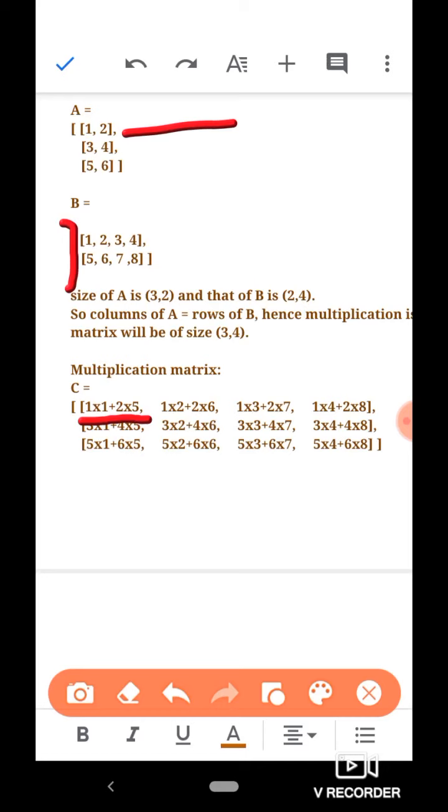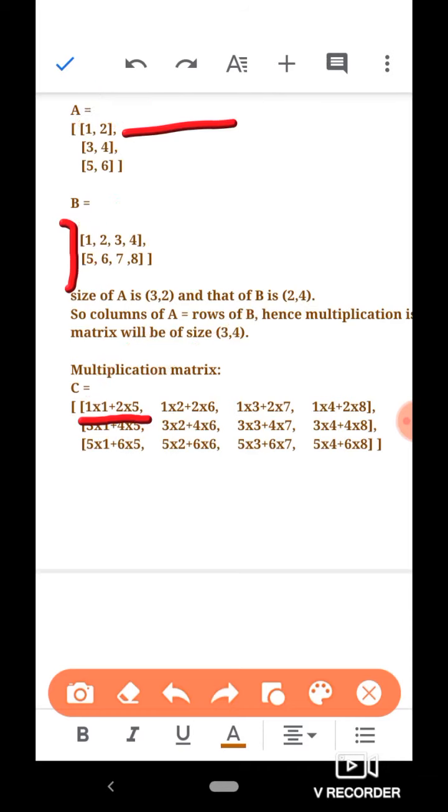So we multiply the items at the same column number in A and same row number in B. Okay, so 1 is multiplied by 1 and 2 is multiplied by 5, and these two multiplications are added. So 1 into 1 plus 2 into 5. So what we get is 1 plus 10, that is 11.